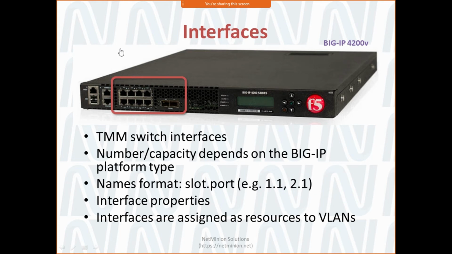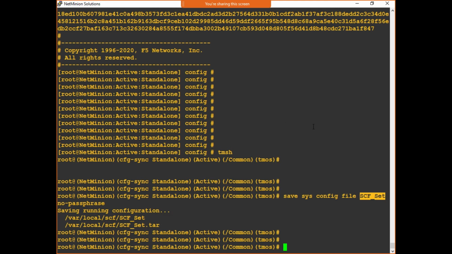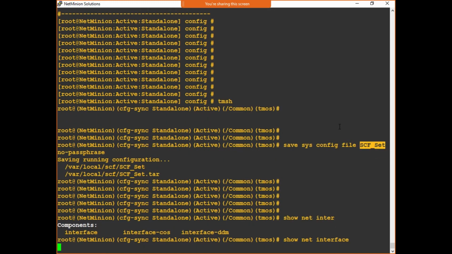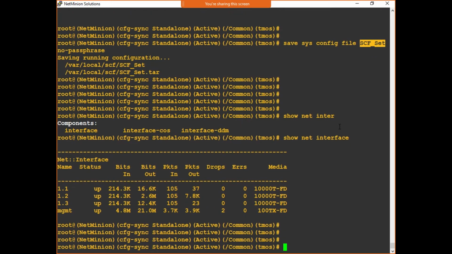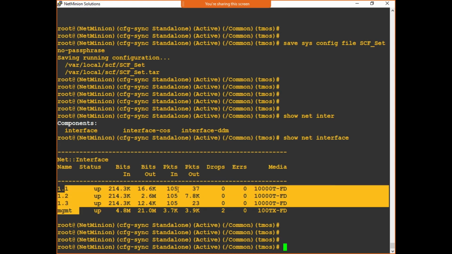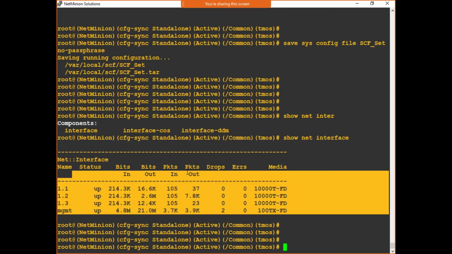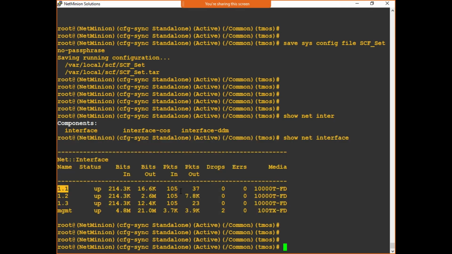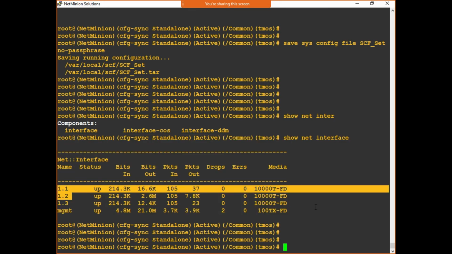So if you want to check what are the interfaces on your devices, you can just go over here also. Maybe let me show you. Show net interface. Can you see there are 4 interfaces in our devices, right? One is your management interface, the rest are your first slot, first interface, second, third kind of stuff.